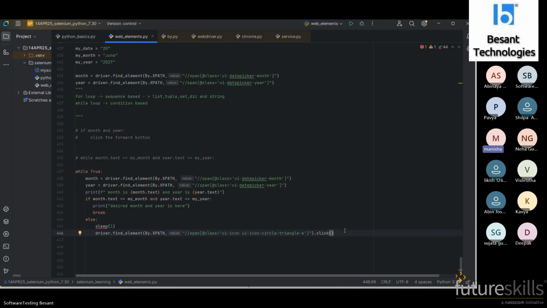If the condition is reached, I break from the loop, or else I click the element. Once the element is clicked, it goes inside the while loop again, fetches the new values, and keeps checking. Only when the condition is met will it break completely from the while loop.